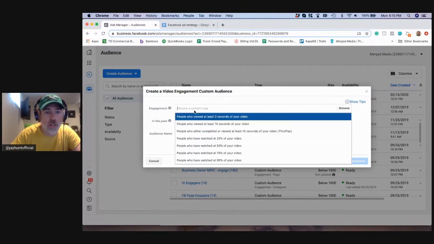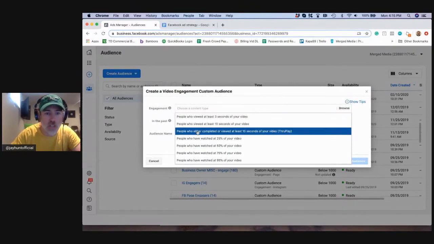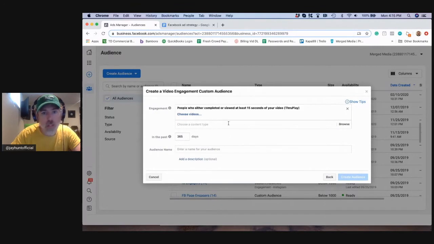Basically, what I want to do is tell Facebook to collect those people that have watched either 15 seconds of a video or watched our video through to completion. This is important because a lot of our video content, some of it's long-tailed, some of it's short-tailed. If you're putting up a 1-minute video on Facebook, you might want to capture people watching at least 50% of